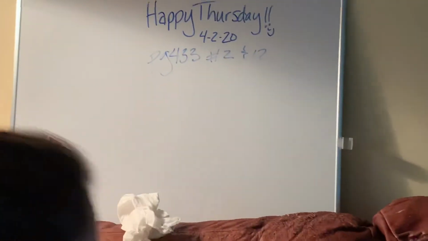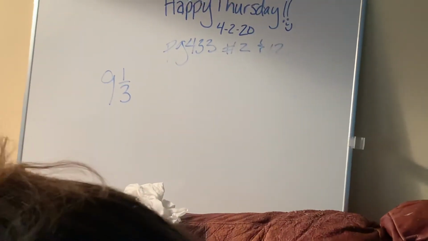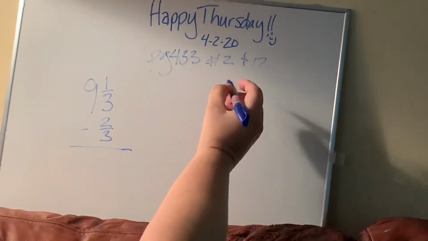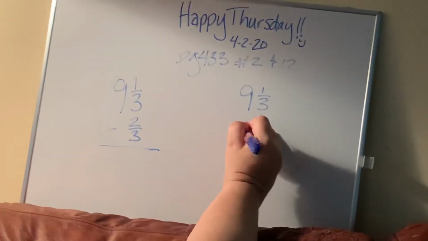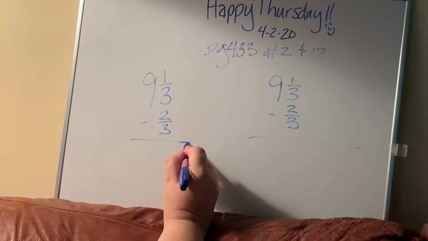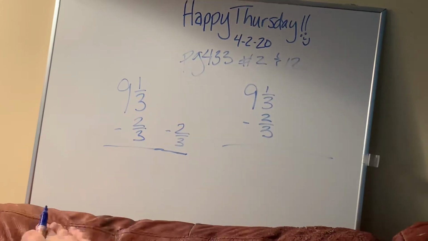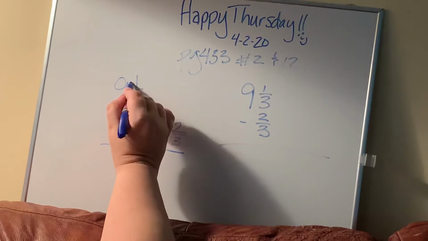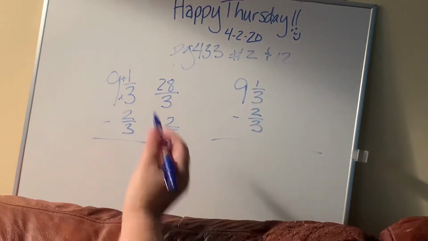Okay, number 12 says 9 and 1/3. We are subtracting 2/3. Again, I'm going to do this both ways, just to show you in whichever way you like best. First way, we're going to change them both to improper fractions. The 2/3 is already in fraction form. You don't have to do anything except slide it over. So 3 times 9 is 27, plus 1 more is 28. 28/3 minus 2/3 is